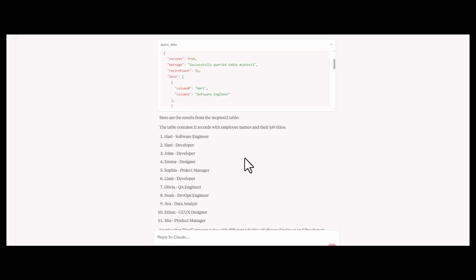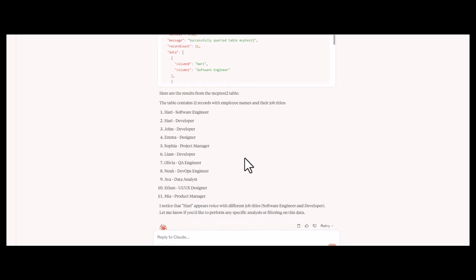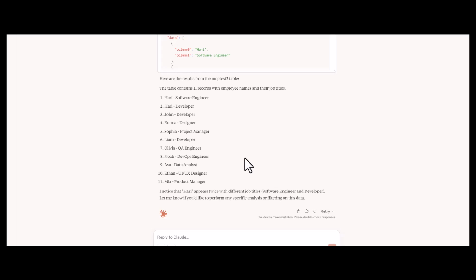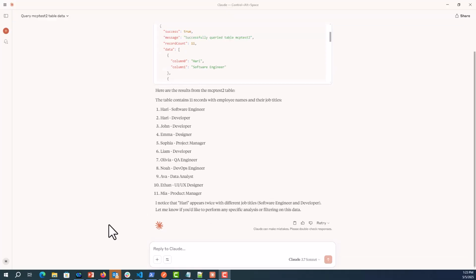Now I will quickly show how to create a glue job, because we already created the tool. Let's see how MCP tools can go and create a glue job based on the instructions you give in plain English. For this part of the demo, creating the glue job, we need to be very specific,